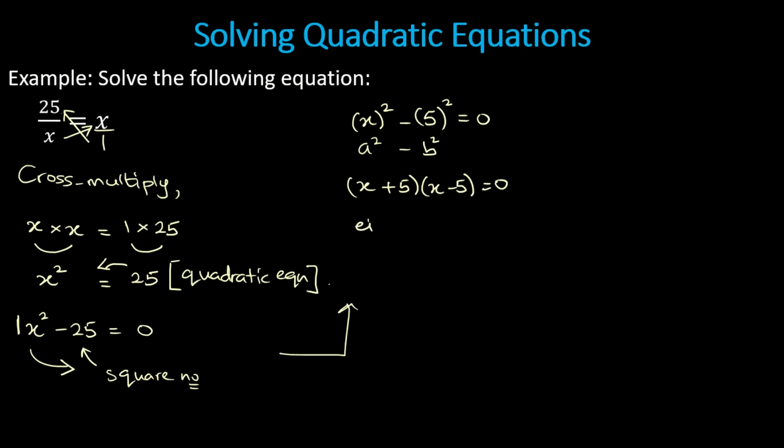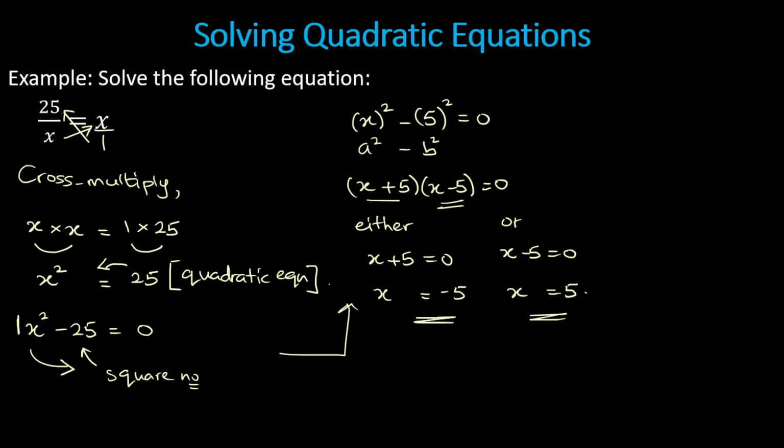and we simply equate each factor to 0 now. Either the first factor x plus 5 is 0, this will give x as negative 5, or the second factor x minus 5 equals 0, this will give simply x equal to positive 5. So these are our two solutions, right? Two answers. Now the second method,